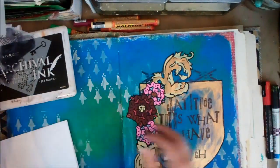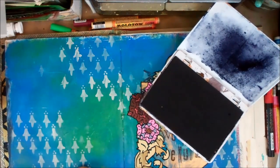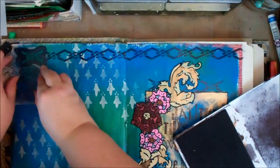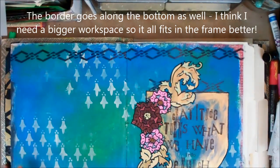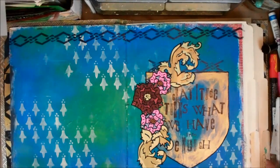I think I kind of like that. Let's do some of these little guys along the border. Well, there we go. I actually really like that with the border. I had not planned on that at all until the last minute, but I like how that turned out. And you know, I could